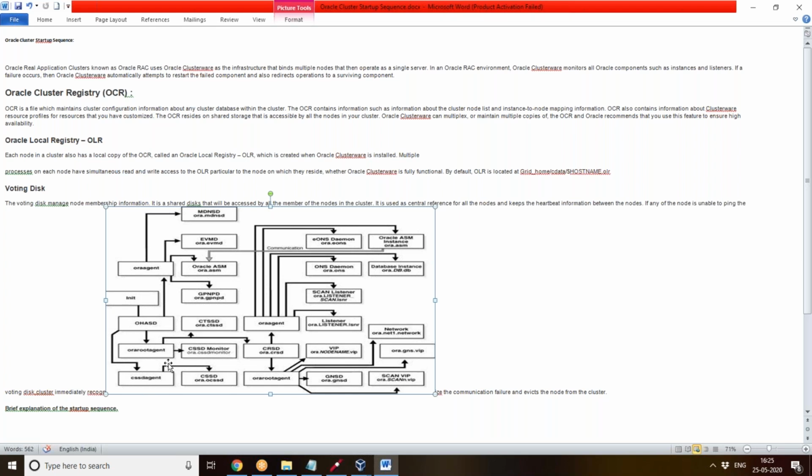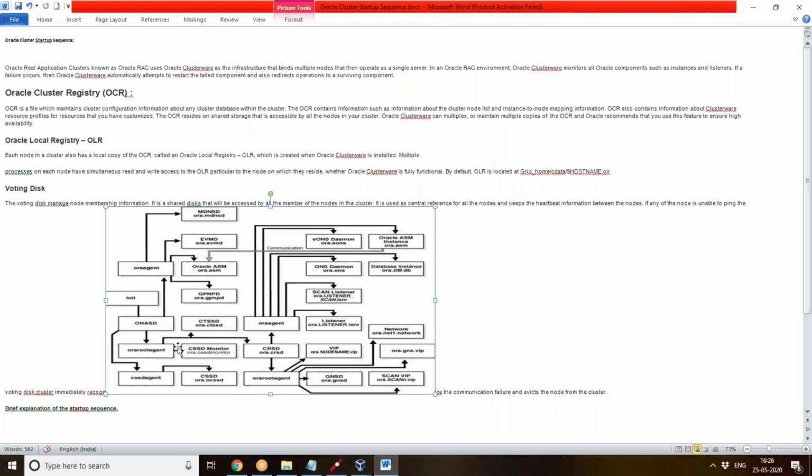Okay. So this Oracle root agent is again spawning. Oracle root agent means what? Root is the owner for all these resources. Okay, so that's why we call this Oracle root agent. And simply if you say Oracle agent, then Oracle is the owner for all these resources. Okay, so now Oracle root agent is the owner for this CTSSD and CRSD as well as CSSD monitor.